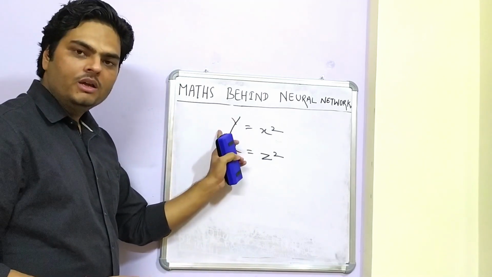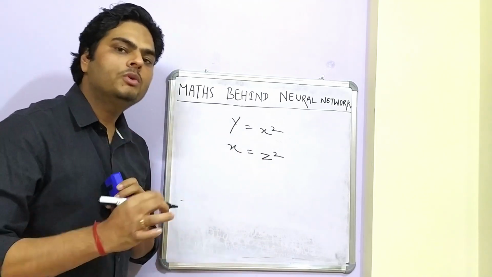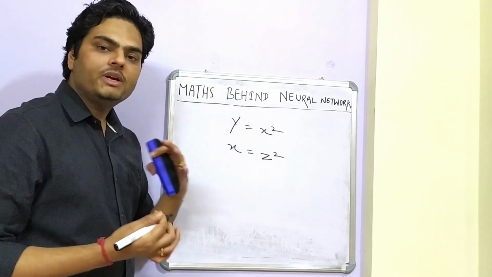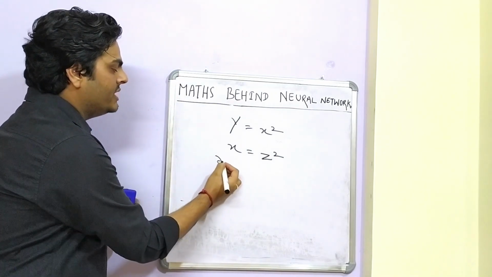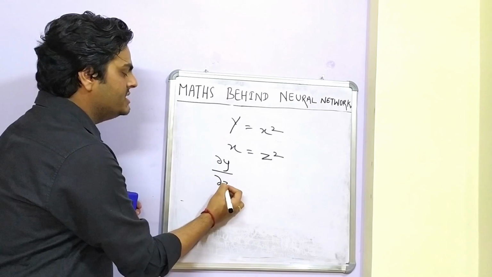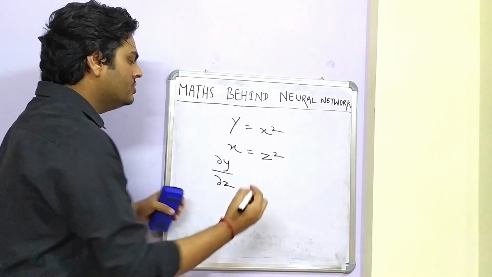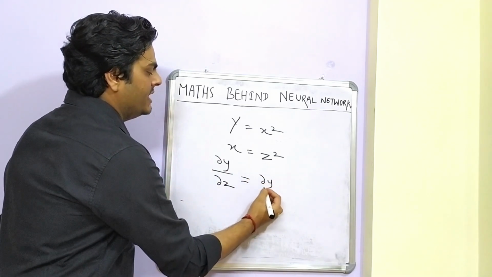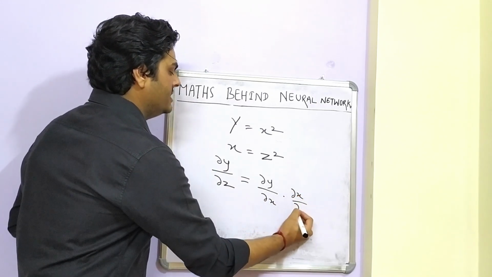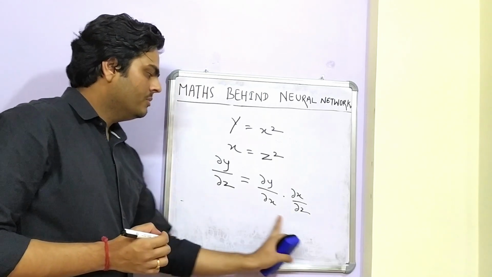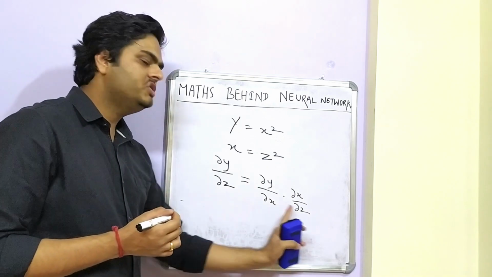Here is a term y. I want to find the derivative of y with respect to z, but I do not have any relation of y with z directly. So what do I do? What I have to find out is dy by dz, correct? But y and z are not directly related. So what we do is we just break it like this: dy by dx multiplied by dx by dz. And this process of creating a chain in differentiation or derivative is known as the chain rule.